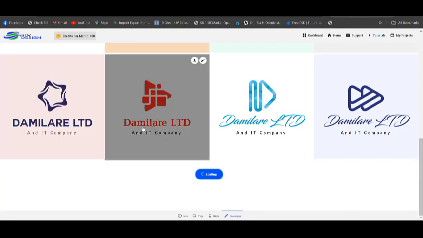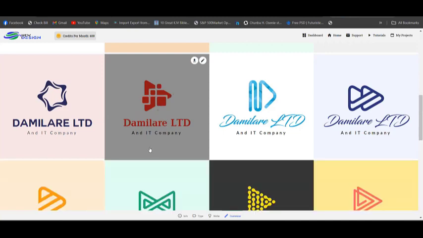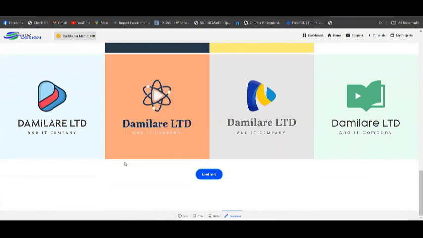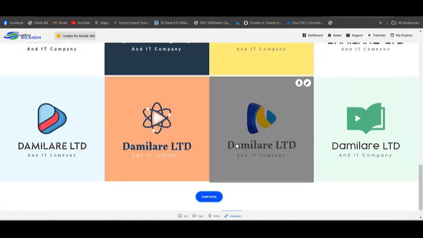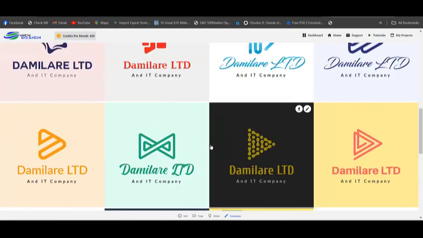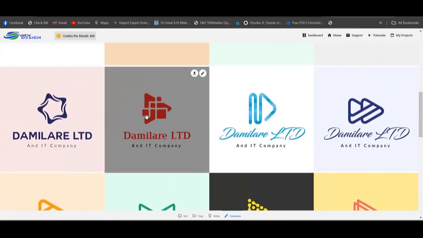So on this note, I'm going to choose this particular one. This one. So I will select. It generates more, so you just check them till you load everything. Thousands of logos are waiting for you to design a logo for anybody. So now, okay, which logo do I like? This first one. I like this one because it has technology inside and media as well. So let me choose this one.